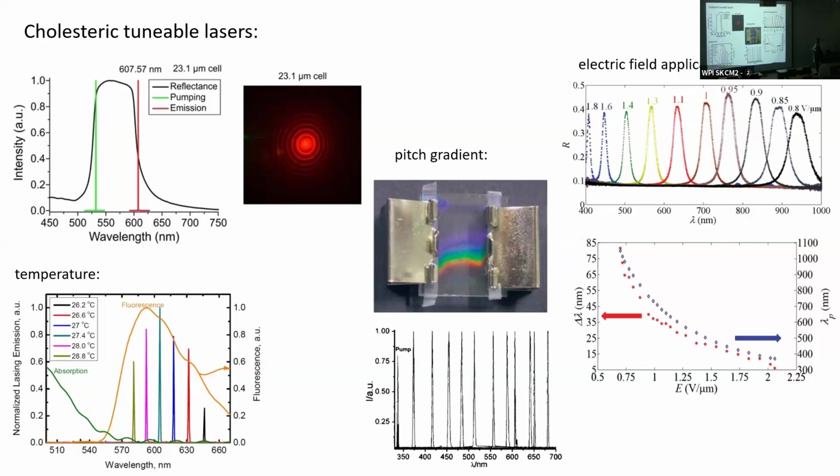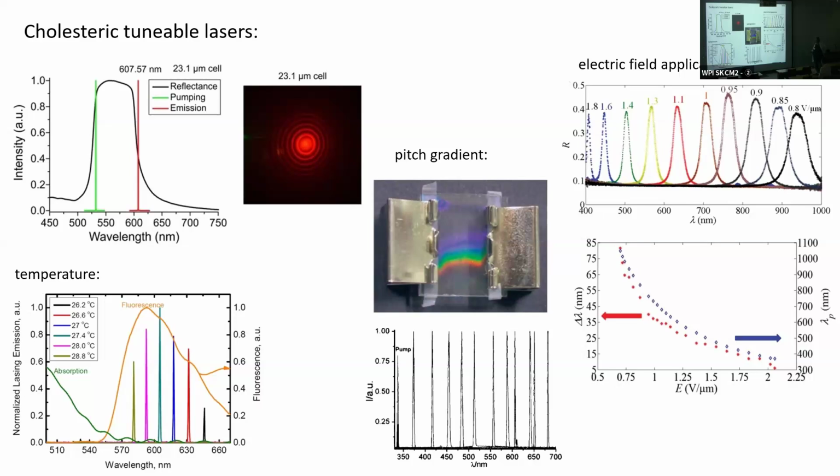You're going to have a fluorescence first, and then once you get over the pump threshold of your lasing system, then you have lasing lines, and these can vary